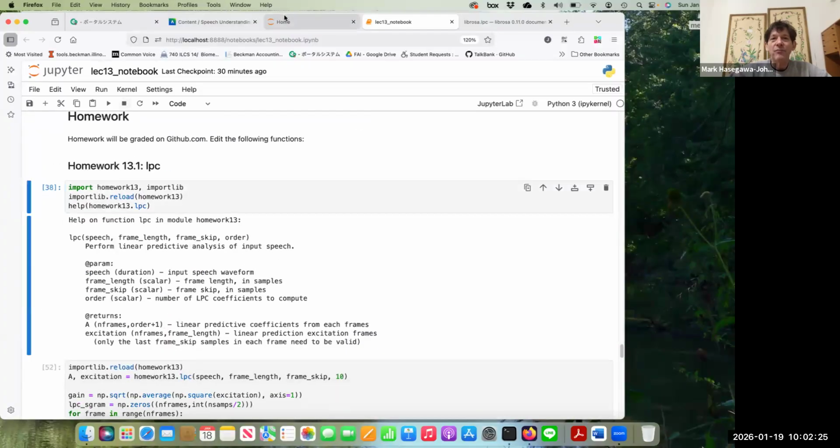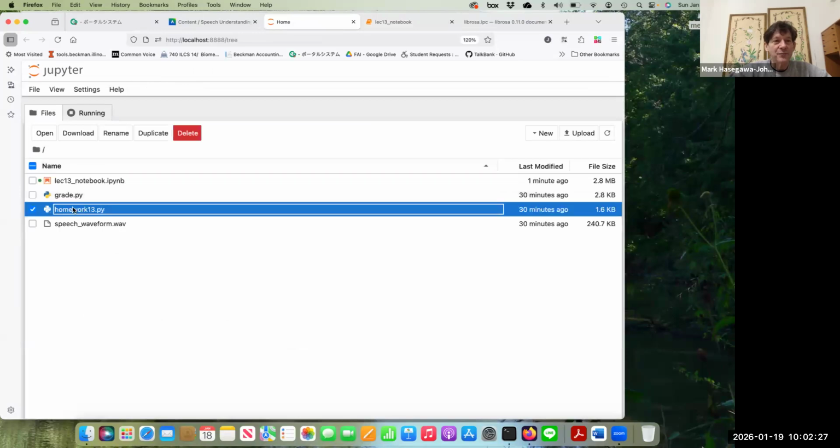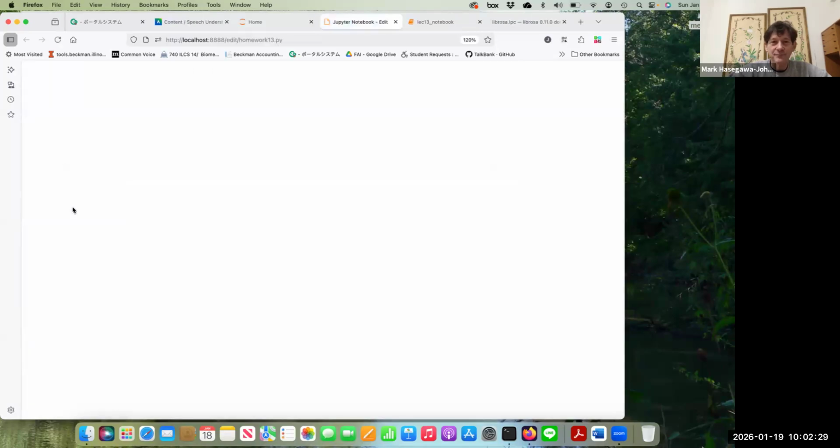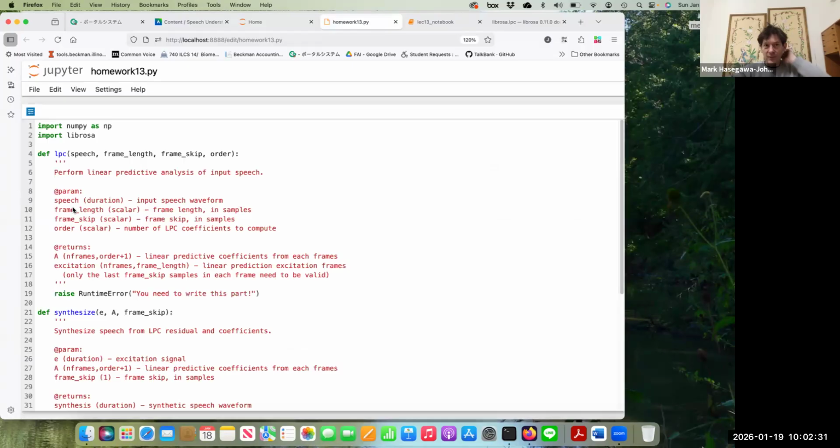First of all, let me go ahead and open up the homework, homework13.py. So the first section, we want to perform linear predictive analysis of the speech. We're given a speech waveform which has duration number of samples. We're given a frame length in samples, say 200 samples, a frame skip in samples, say 80 samples, and the